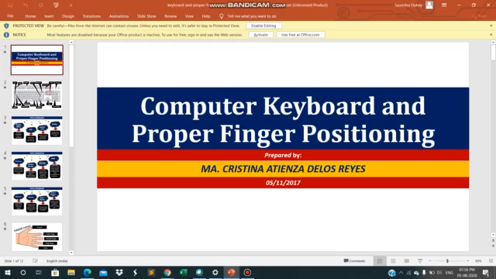Before reading the book, let us complete a few PPTs. Before moving toward the book, I'll explain the basics of the computer keyboard and proper finger positioning. Okay, so let us start.